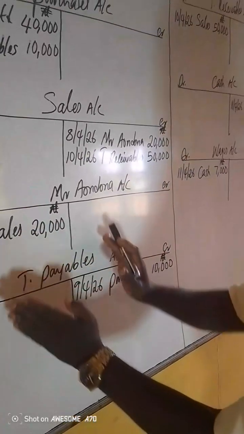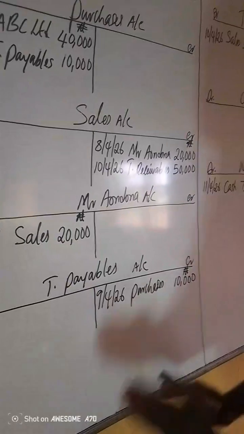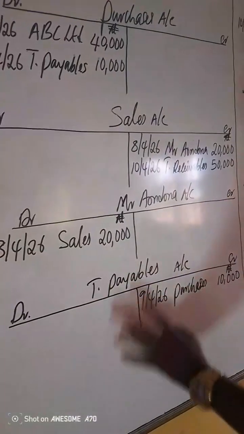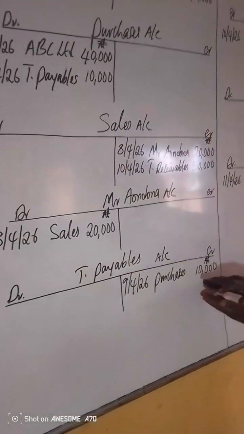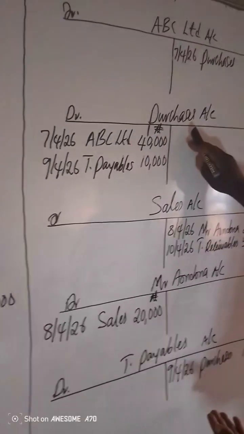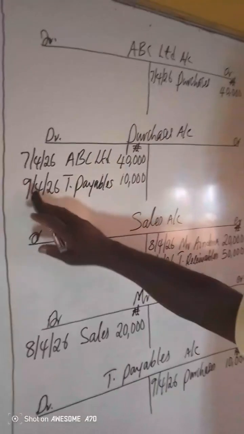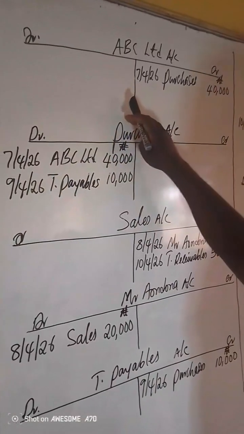So anytime you are buying goods on credit, the name is withheld. Please, the right title is trade payable. I'm still emphasizing. Now we are saying that trade payable is given to purchases, 10,000. They now come to the purchases account and say, on this fateful day, 9th of April 26, trade payable, which is